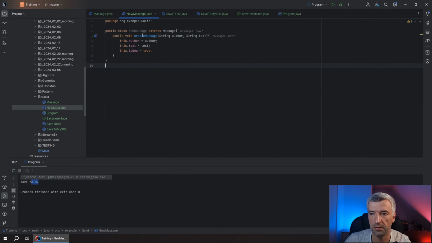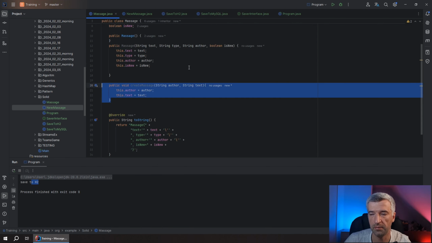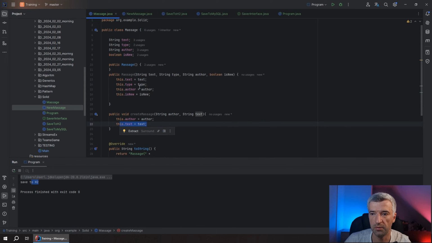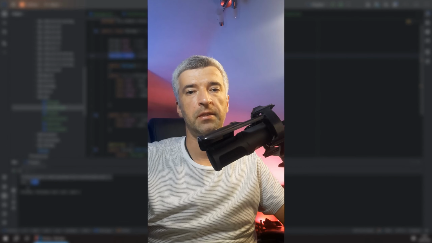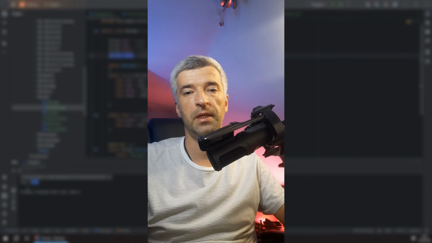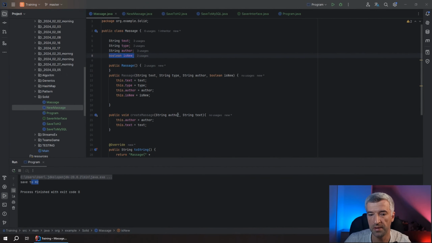Now, when we call the createMessage method, it will set the status to true. In this case, while nothing changes in the base class, we know that by default the boolean is set to false. As a result, our derived class violates the Liskov principle. But why does it violate it? Because the behavior of the createMessage method has changed. If we call it from the base class,